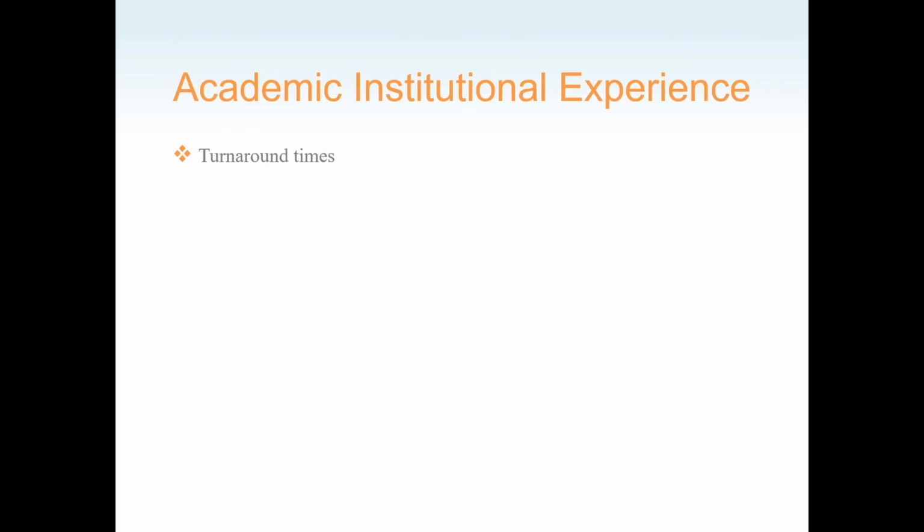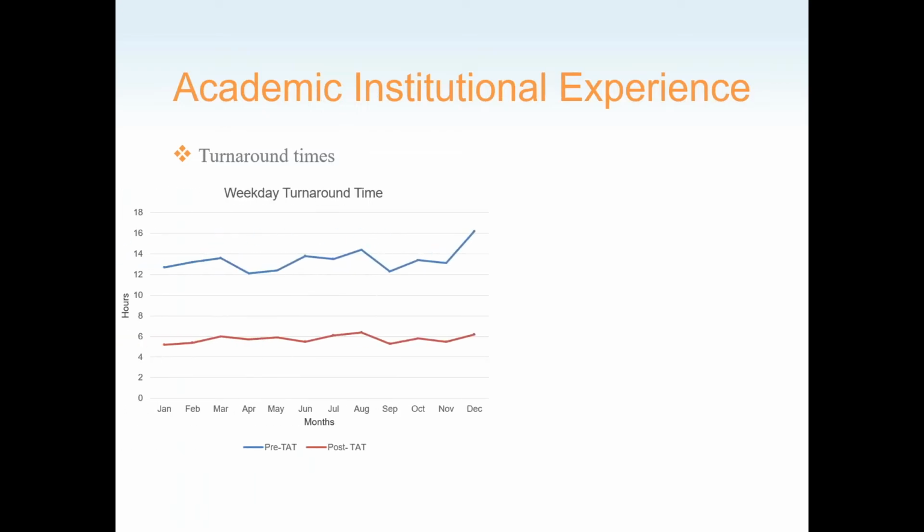There was a significant improvement in turnaround times, which looks at completion time of study to the attending sign-off. The left chart is the weekday turnaround time, which includes normal business hours and studies done on call. One can see pre-Hermes, the average turnaround time ranged from a little over 12 hours to a little over 16 hours. And post-Hermes, the average turnaround time ranged from around 5 hours to 6 hours, with more than a 50%